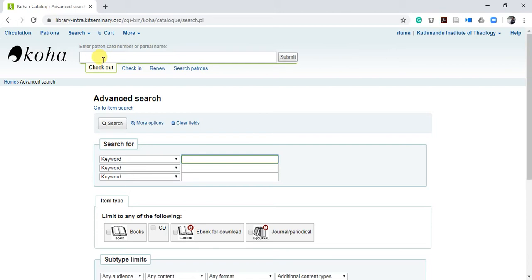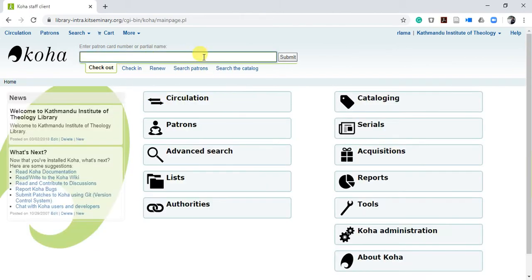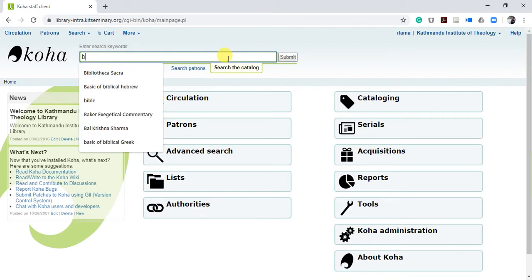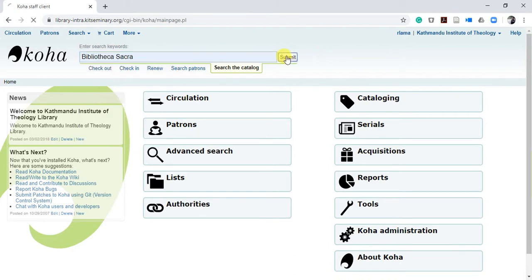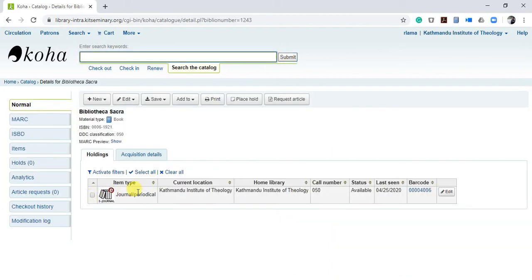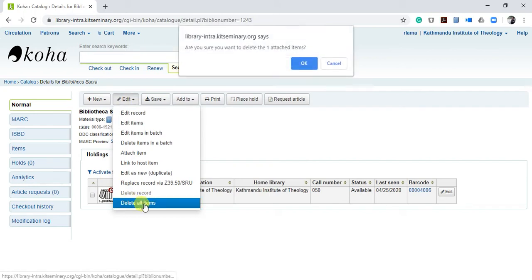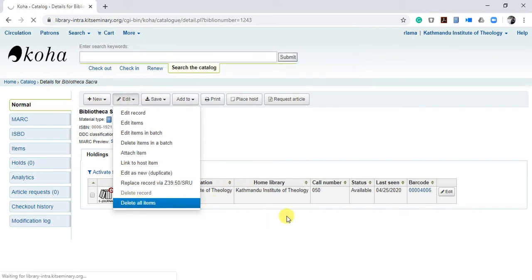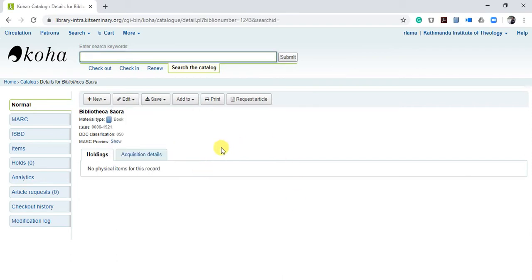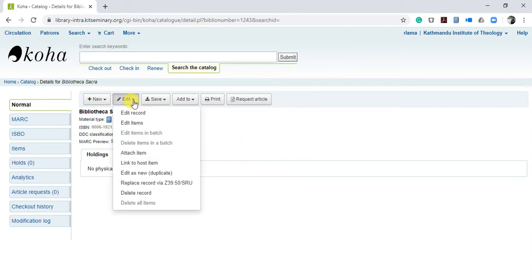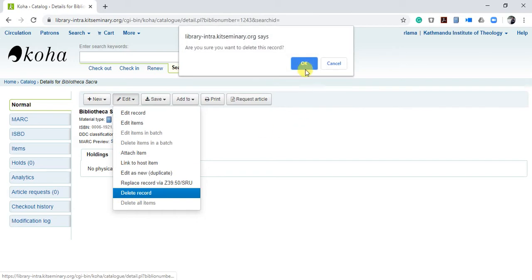Now again let me search, Bibliotheca Sacra. It must be long for you, I just want to help you, so I'm going step by step. So let me delete now. I can delete this one item, delete all items. You can edit and delete record.